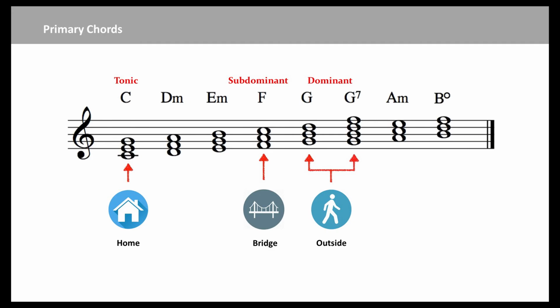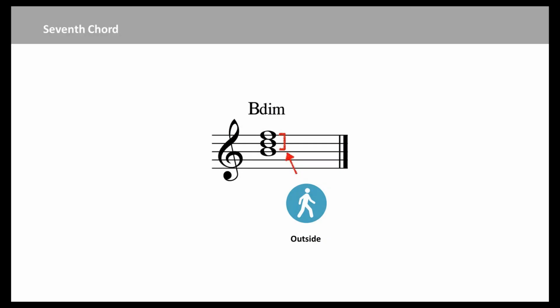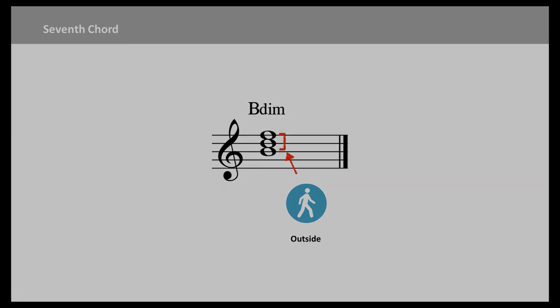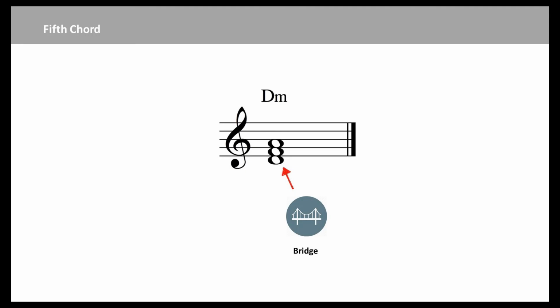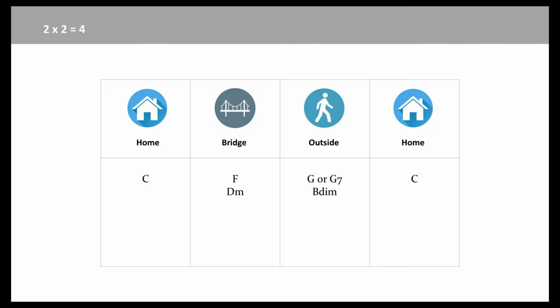Which one likes bridge? Now we can see the 7th chord, the B minor triad chord. It sounds like outside. Next is the 2nd chord, D minor chord. It sounds like bridge. D minor has bridge function, so we fill it in the list of bridge candidates. Now we have 2 chords for bridge and outside, so the route from home to home becomes 4 possibilities. The 4 routes have different feelings.